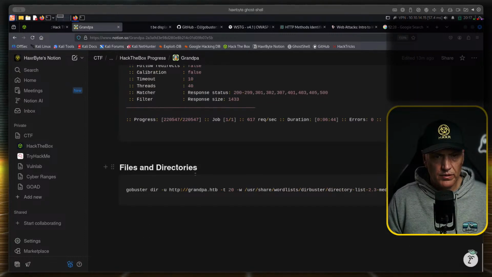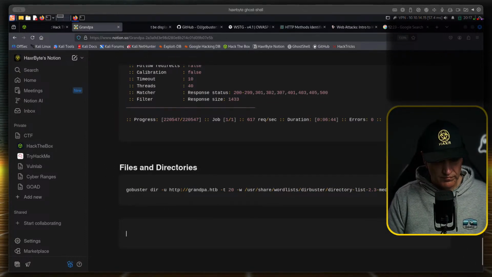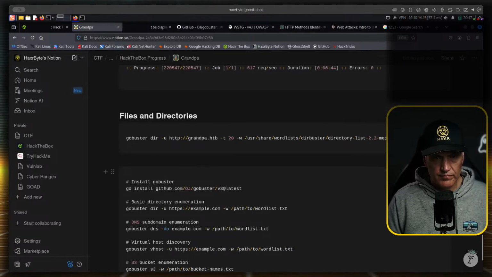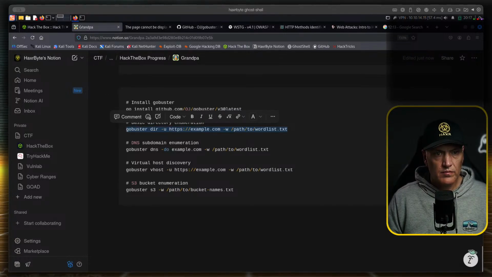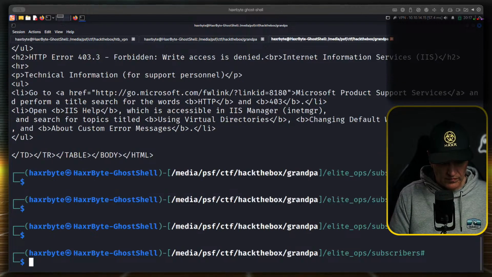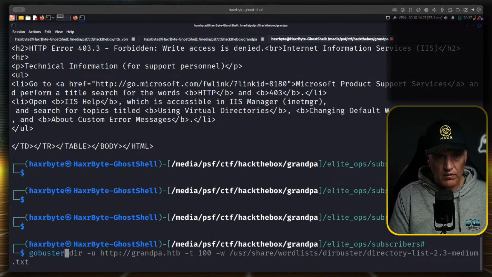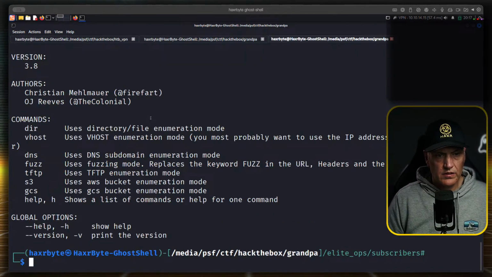Gobuster normally pretty quick. Gobuster. Gobuster's there.